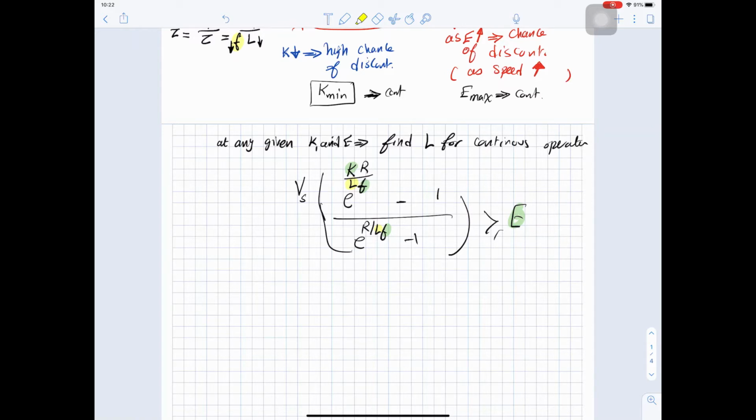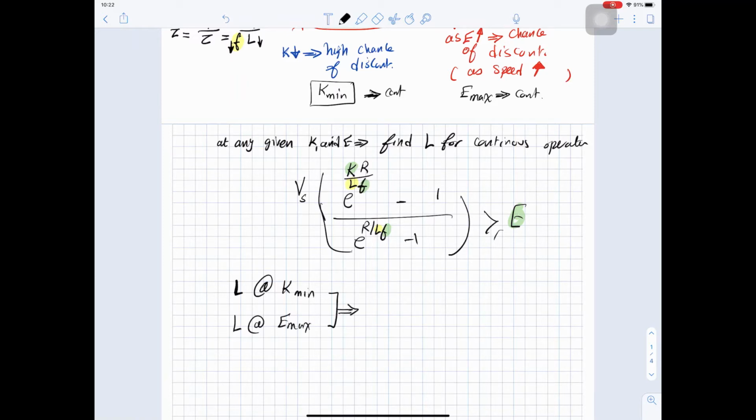So what if E is changing and your duty cycle is changing? You will find L at K minimum, and you will find L at E maximum,